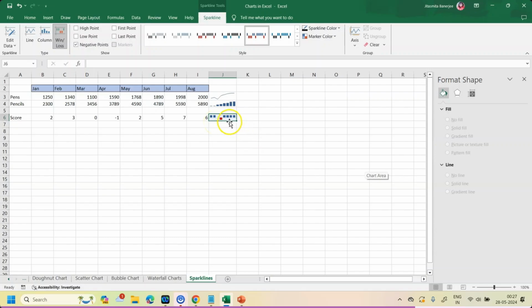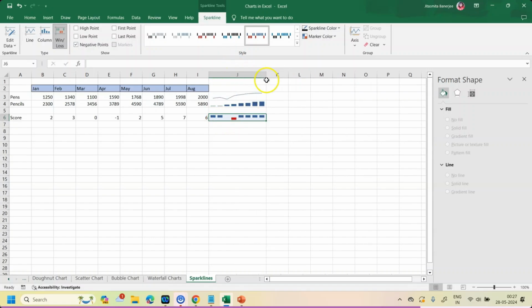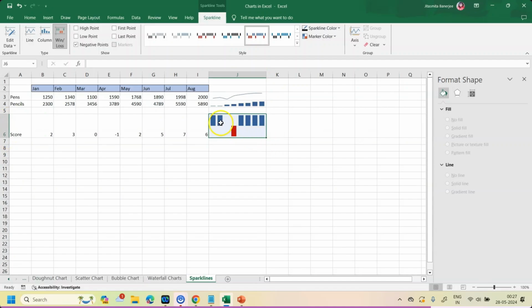Now what it essentially does is that all the positive values or the positive magnitudes are going to be depicted in these blue columns. So if I just expand the cell width and height, you can see the blue bars are nothing but the positive magnitudes, and the red one is basically the one which is negative. So you can just consider that here we have an imaginary line, and all the positive magnitudes are represented above this imaginary line in blue color, whereas the negative ones are represented below the imaginary line